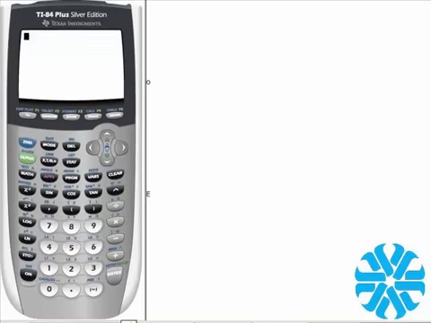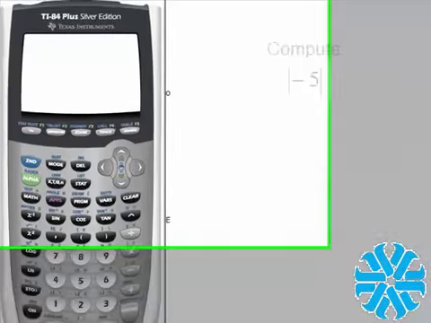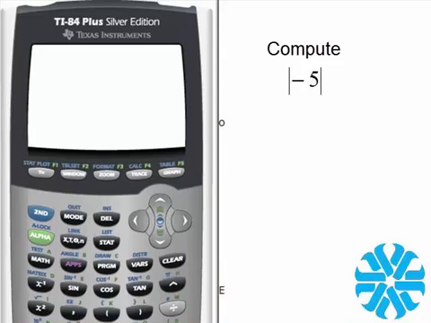This video illustrates how to use the absolute value in your computations. The first example is to compute the absolute value of -5. So first, we need to go to the Math button,